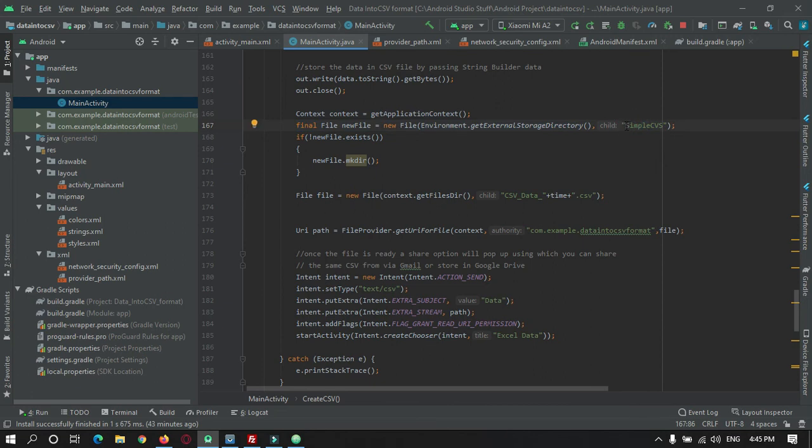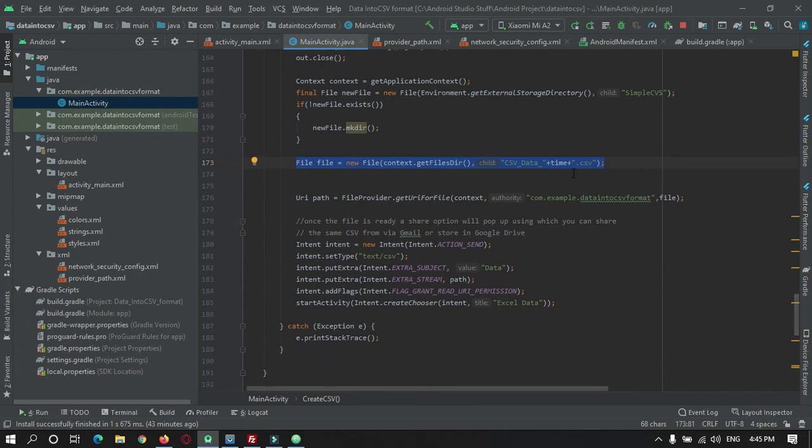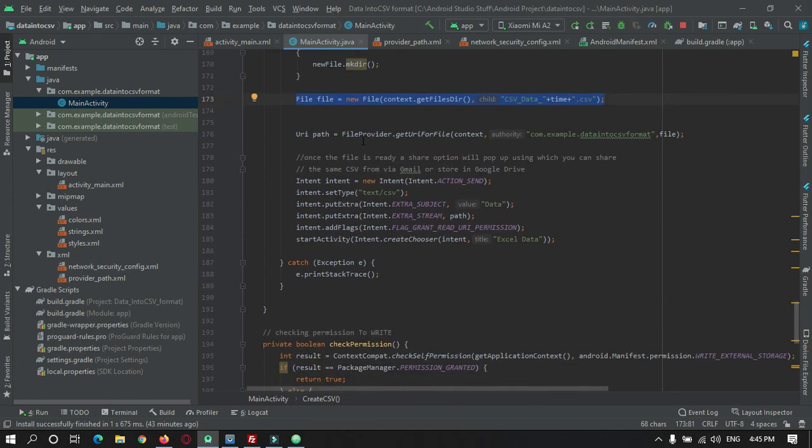So I'm creating a folder by name sample CSV, and if sample CSV does not exist, it will automatically be created, and in that we are going to store the file. After the file is created successfully, we are making use of intent to send the data through Gmail or other options like Google Drive.